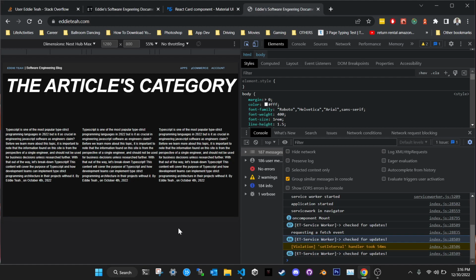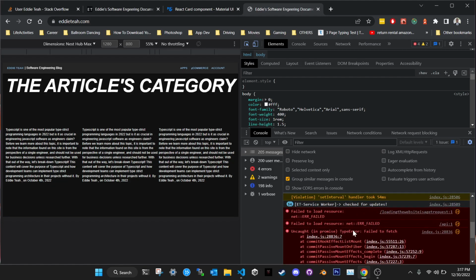PWA is basically a client side management system or architecture, and if you are building an Express server, you can build an entire website off of Express, and that's why Express is used for building APIs and things like that. And what I figured out was how to build a PWA that also communicates with Express, right?